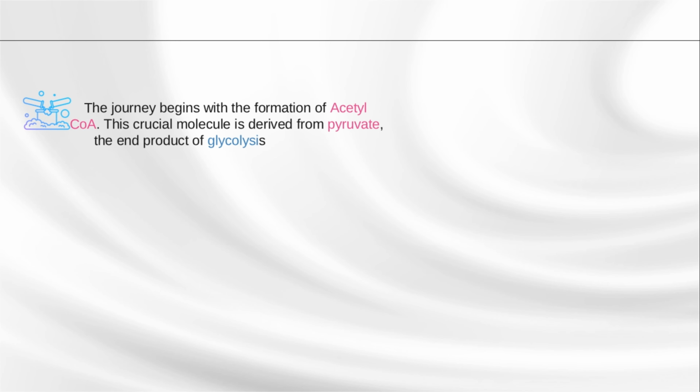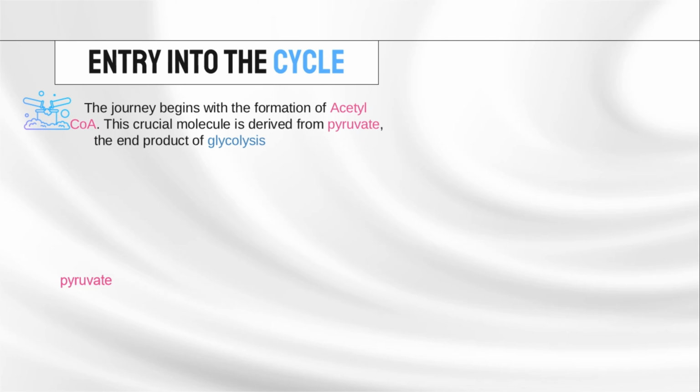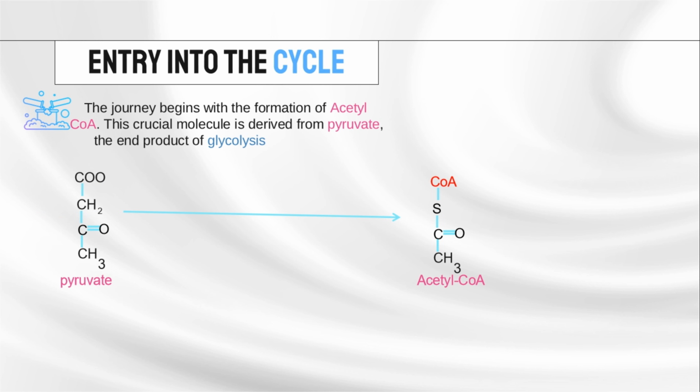Let's begin our journey with the formation of acetyl-CoA, the critical gateway to the citric acid cycle. Our story starts with pyruvate, the end product of glycolysis. Pyruvate, a 3-carbon molecule, undergoes a crucial transformation to become acetyl-CoA, a 2-carbon molecule with an attached coenzyme. This transformation is orchestrated by the mighty enzyme complex known as pyruvate dehydrogenase. Imagine it as a molecular workshop where pyruvate is decarboxylated, releasing a molecule of carbon dioxide and producing an NADH